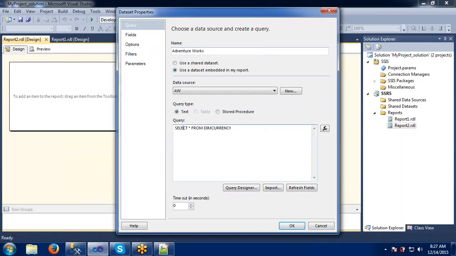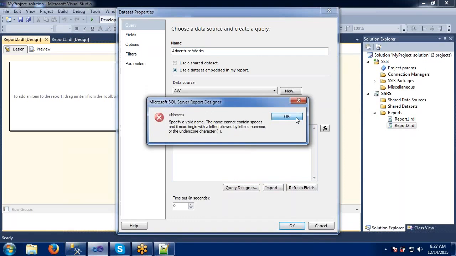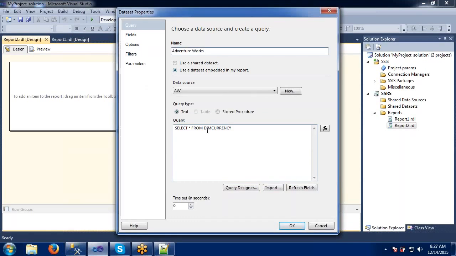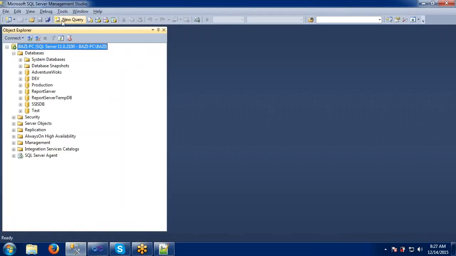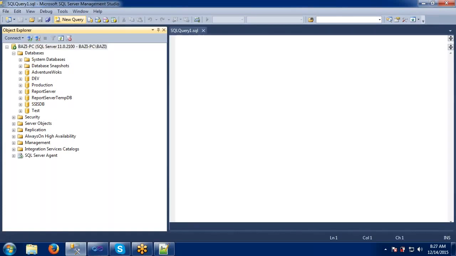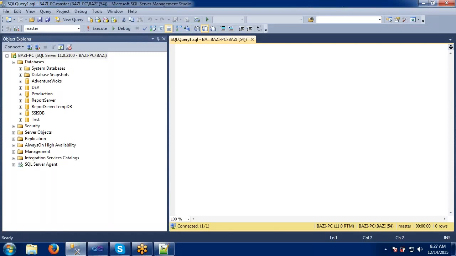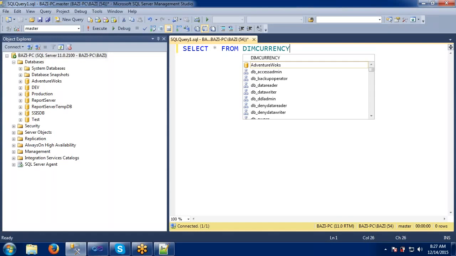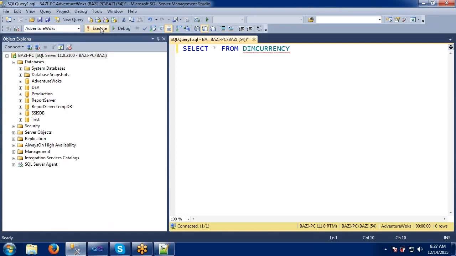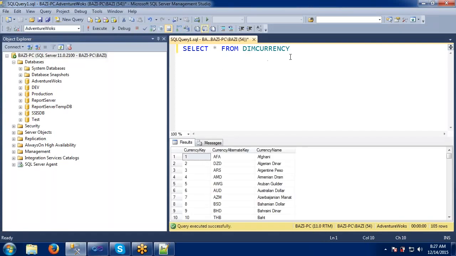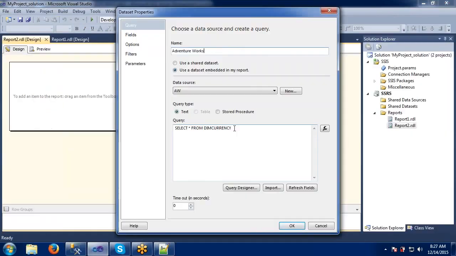Select, the spelling is wrong. Try this one here: select star from dim currency, in my Adventure database. So my query is correct. I will take this query and paste it here.